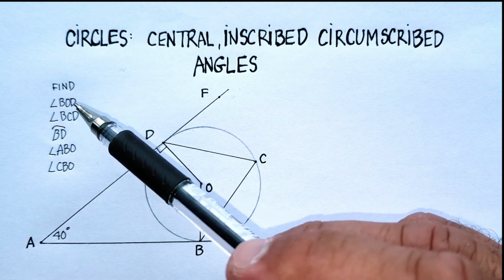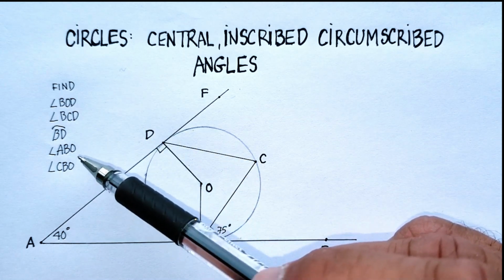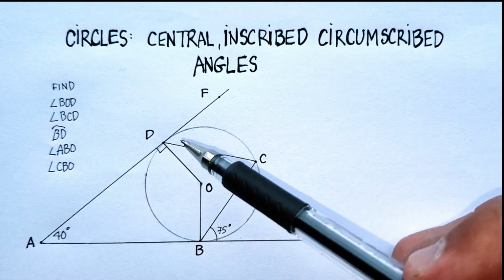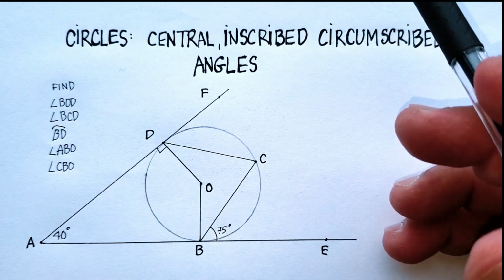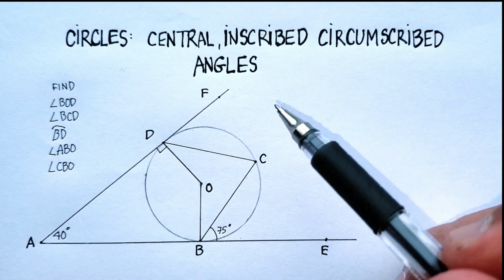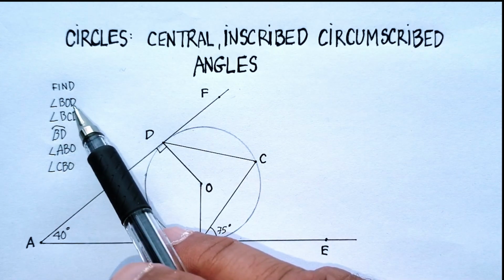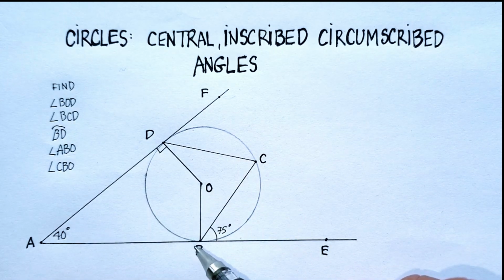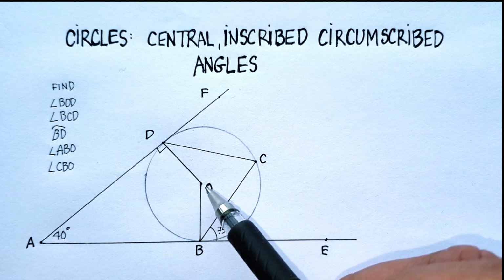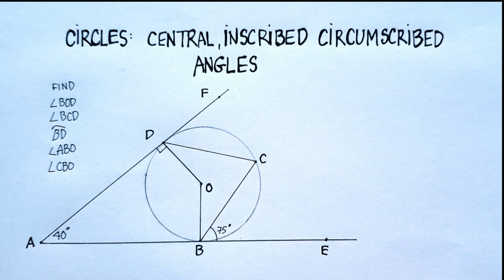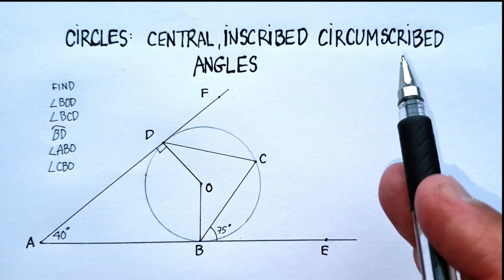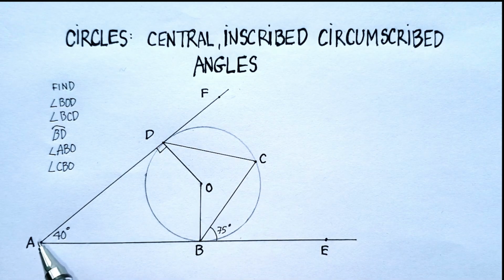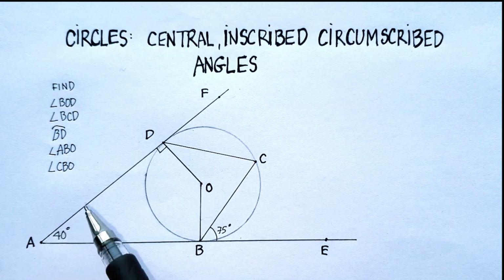Okay, and we're going to actually try to find those angles plus a couple of other things like some of the arcs that are involved. All right, so let's start right off the bat with BOD. Let's find this angle, BOD. Now, one thing that we know about a circumscribed angle, right, is that the vertex forms two tangent lines